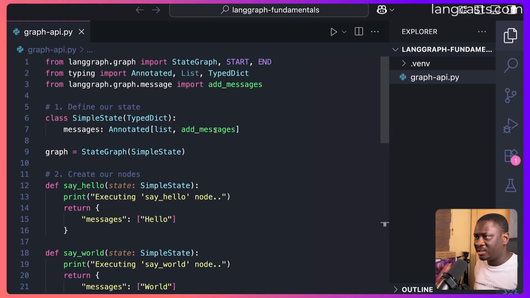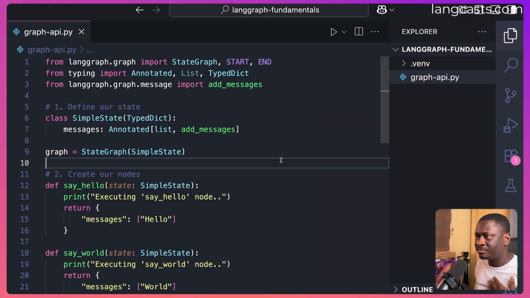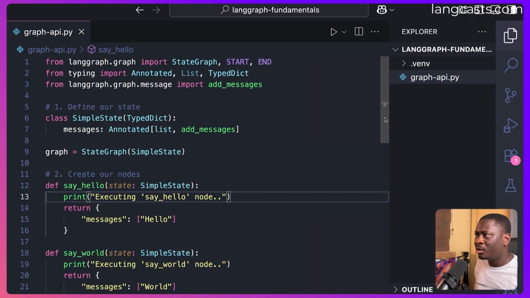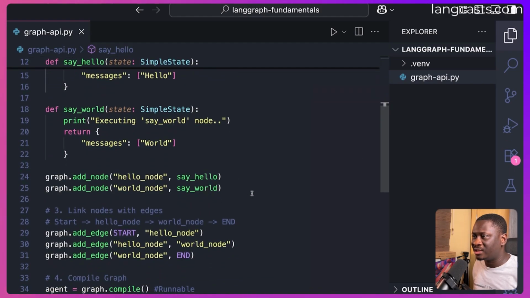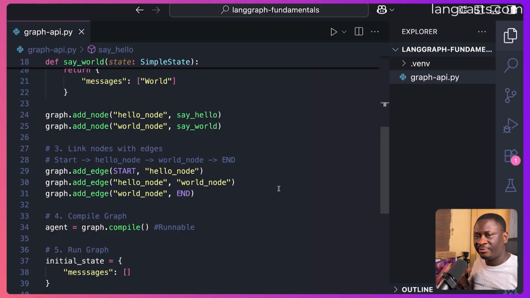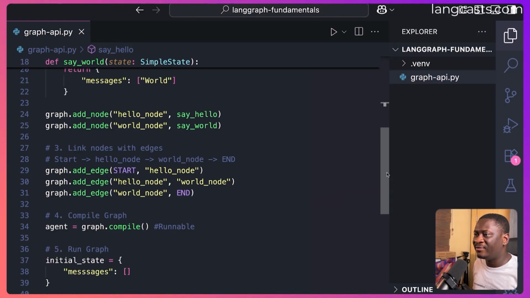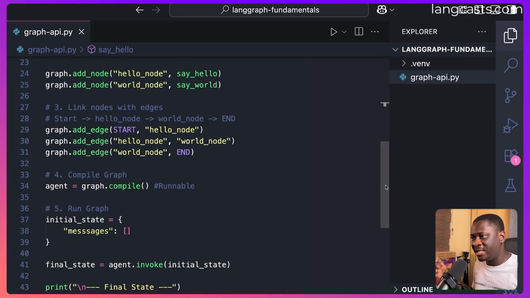We first defined our state. We defined the state schema using a typed dictionary. We created our graph by calling StateGraph, passing in our state definition. Then we created our nodes, two nodes, say hello and say world. And we also made sure that we created them as nodes so that the graph can identify them. Then we link our nodes with edges following the flow that we want it to go with. And once we have our nodes connected with edges, we compile our graph, giving us back